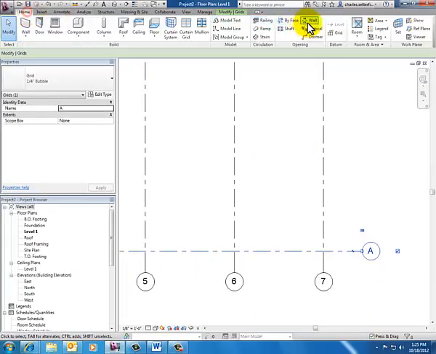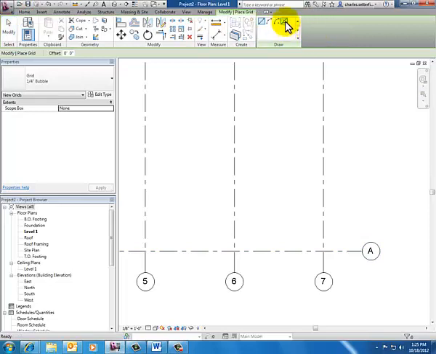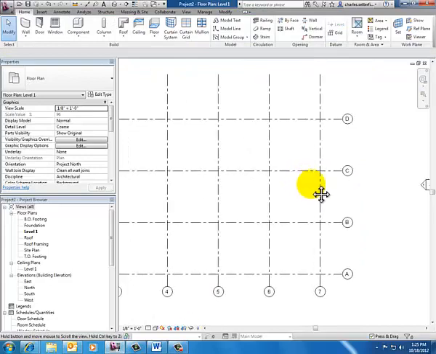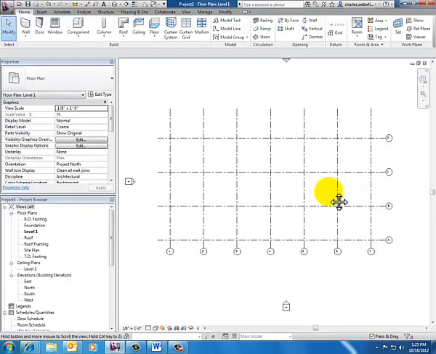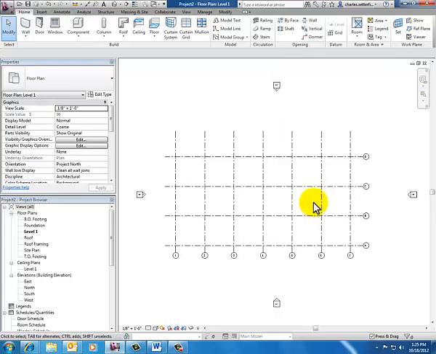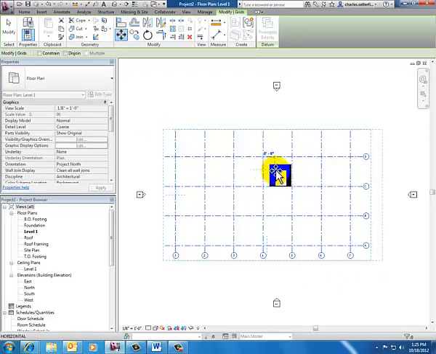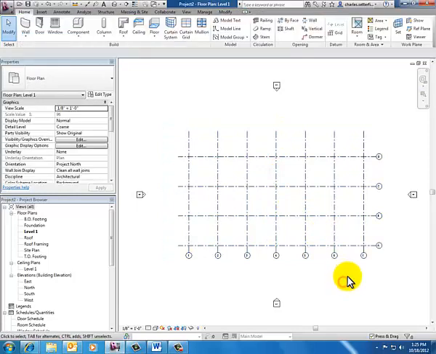So back to the Home tab, Grid Lines, Pick Lines, and my 20-foot offset again, and push that line. There you go. So yeah, now I've got a B. So there's 40 and 60 feet. Okay, so I am good to go with those. I've got my grid lines all arranged, and my project's more or less in the middle. Well, let's move it over a little bit. I'm going to grab this and move the whole thing just a little bit to the east so that it's more centered in my